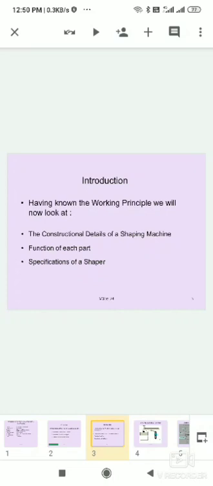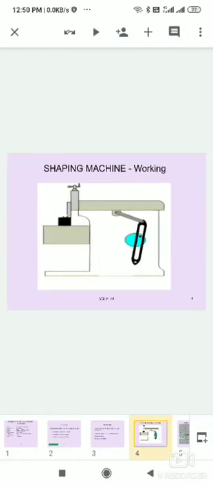First, introduction. Having known the working principle, we will now look at the construction details of the shaping machine, the function of each part, and the specification of a shaper. This is the animation figure of the shaper machine.